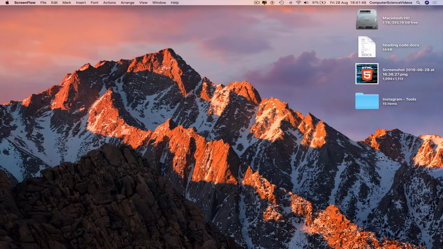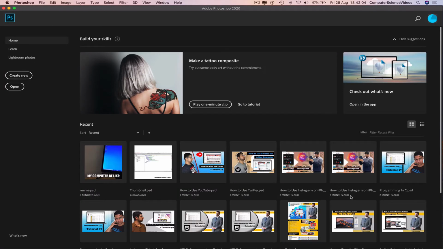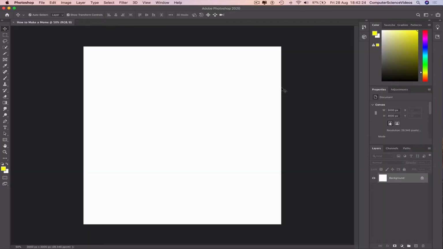So in this tutorial, you need to have access to the Mac computer and the software, which is Photoshop. We can now go all the way down to the dock, go to Adobe Photoshop itself, click on this, open up, and now we can click on create, name the project, how to make a meme, change the resolution to 3000 by 3000, click on OK,